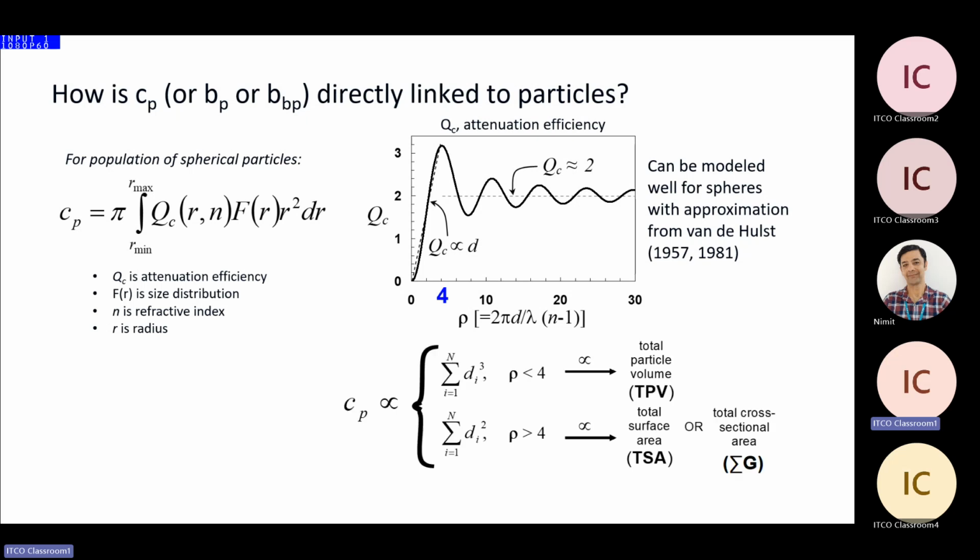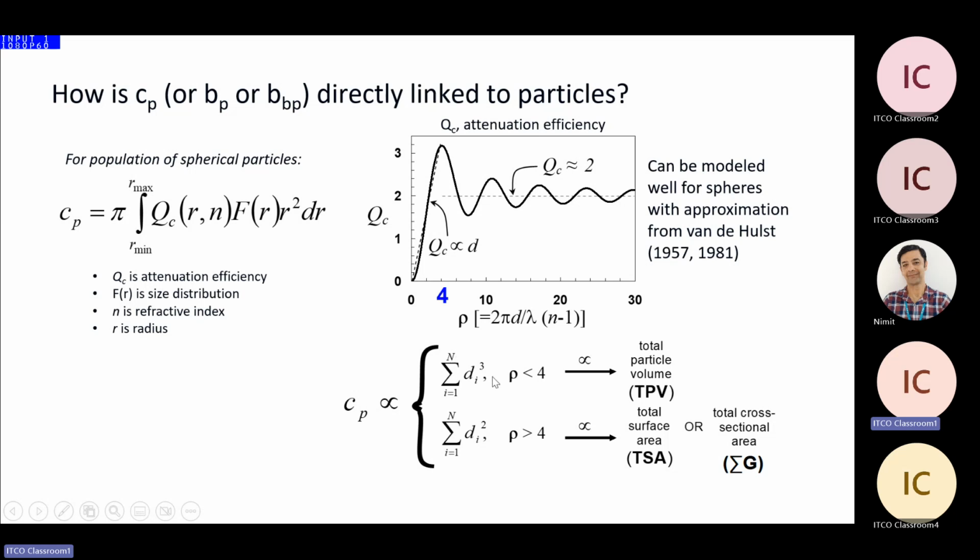Yeah, and what's interesting for very, very small particles, you see that the attenuation efficiency is increasing almost linearly with the size of the particle. So if you plug that into this equation, then your Qc is proportional to V or to R. Actually, this will work. So if you plug that into here, because you already have an R squared in the equation, you actually get a D to the third. So it's showing you that for very small particles, the attenuation coefficient is proportional to the volume, the total volume